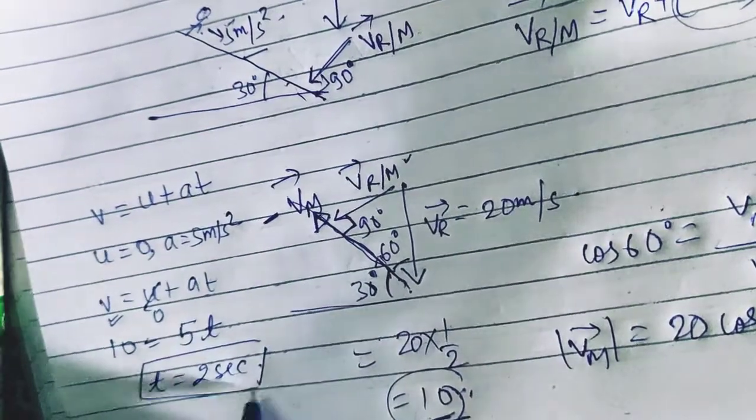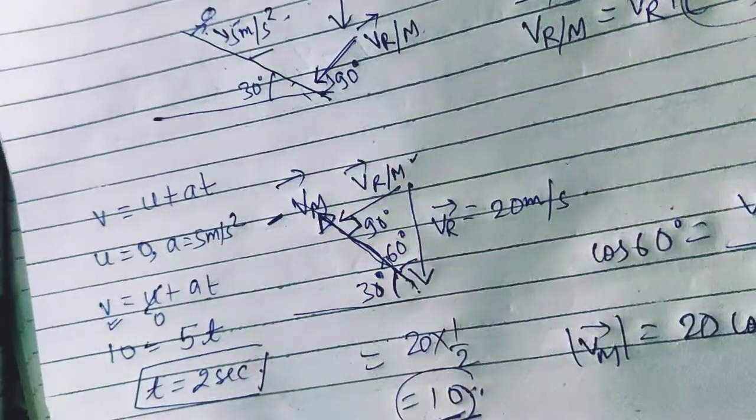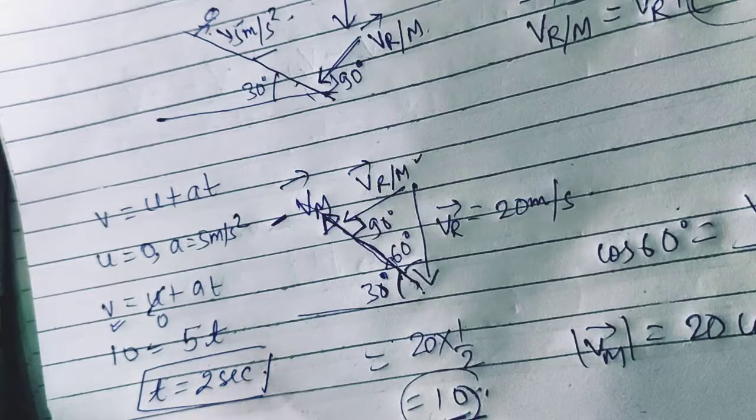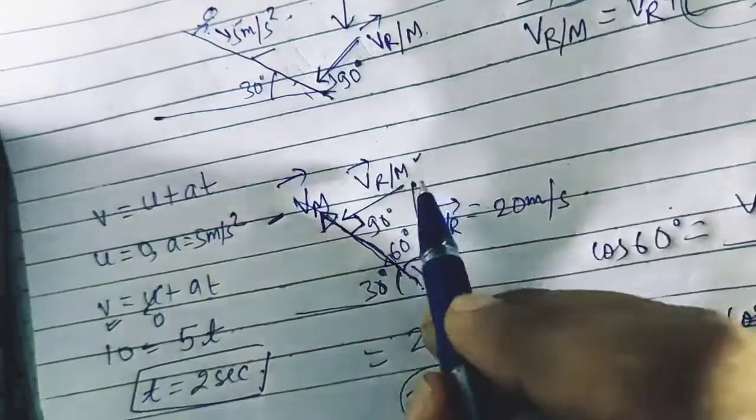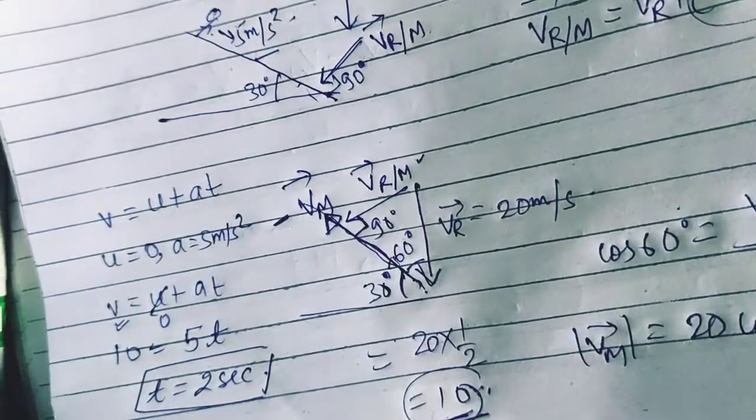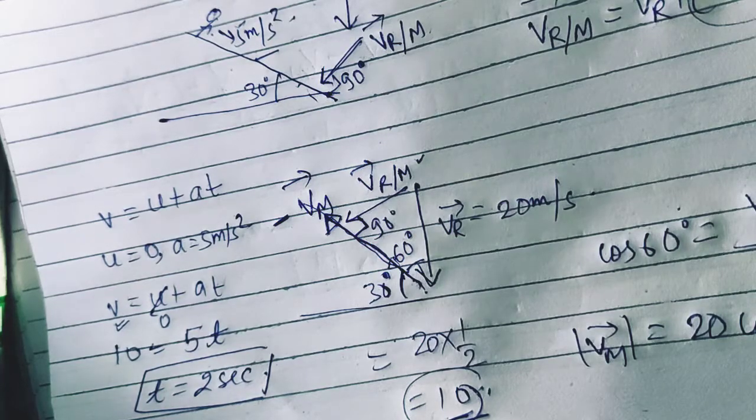So I hope that you got it. We have to do nothing much in this type of question. The only thing is that you know the VR, which is falling downward, you know the direction of velocity of man, and you know the velocity of rain with respect to man. So the only thing you have to do is form a vector triangle, and then you can use trigonometry to find the angle, and with the help of the equation you can find the time required. I hope you got this, and let's see the next question.